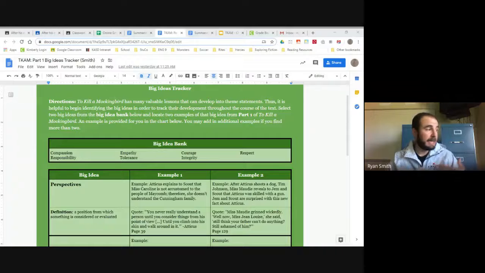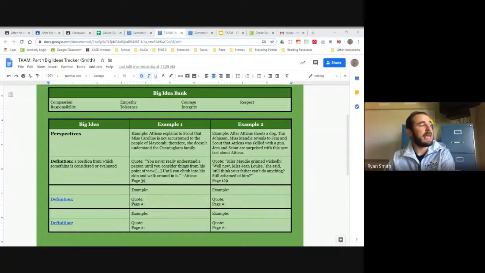And if you're not sure what some of those mean, you're going to see that there's a definition section where you'll have to find that anyway. But I would recommend that if you don't know what empathy is, look it up. It's a great skill to have. It's great to be able to practice empathy. And if you don't know what that is, I think that's a good chance for you to take a look.